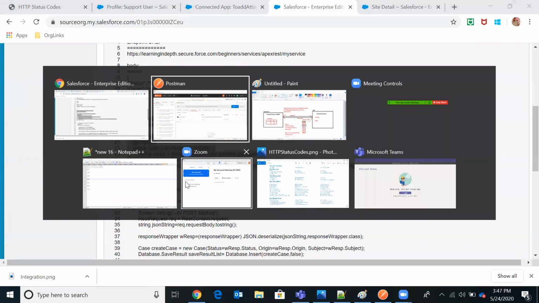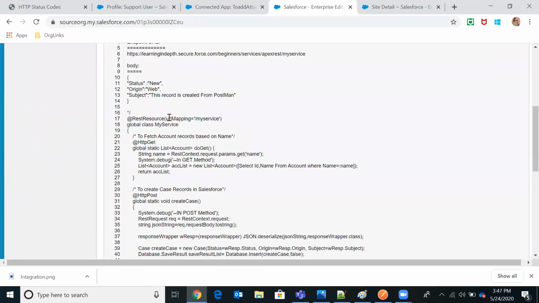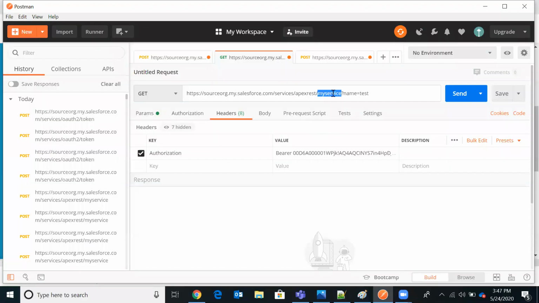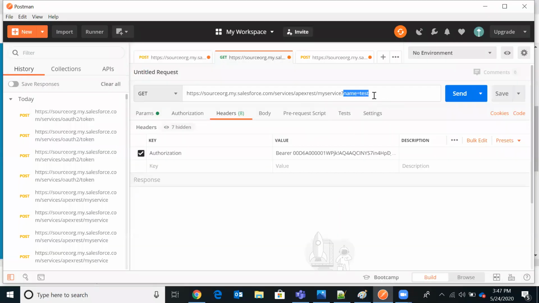This is the URL for that service: apex rest, and the service name is whatever you pass in the URL mapping. I've passed the service name as this, and then this is a parameter inside the get call, so I've passed it here.